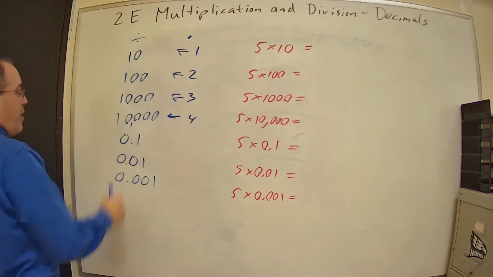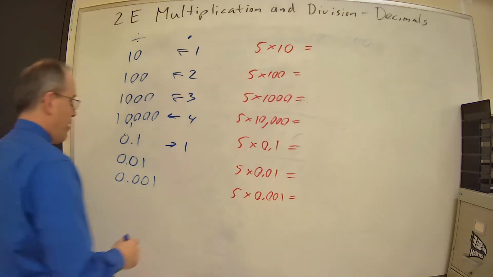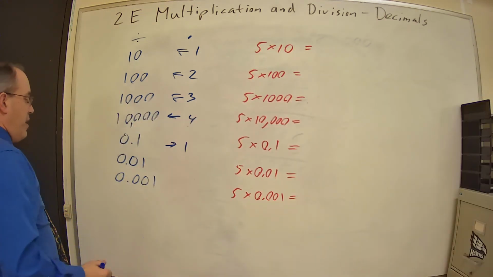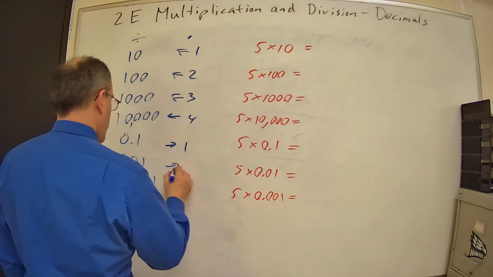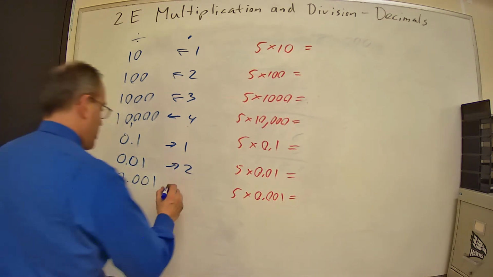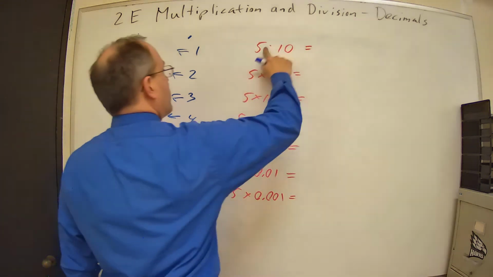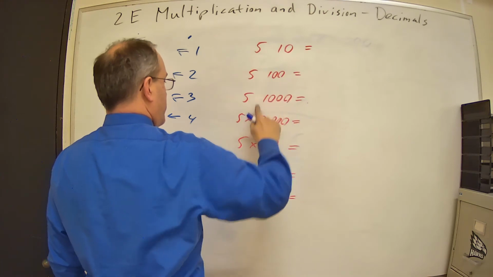If we're dividing by 1/10, it's going to move it to the right by 1. If we're dividing by 100th, it's going to move it to the right by 2. If we're dividing by 1,000th, it's going to move it to the right by 3. So if we turn these into divisions,